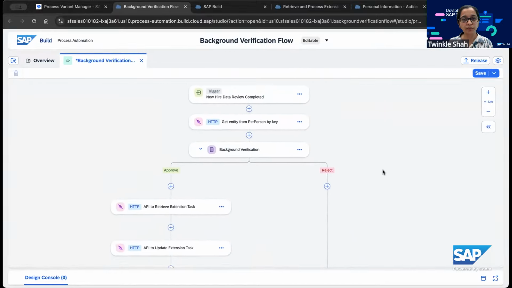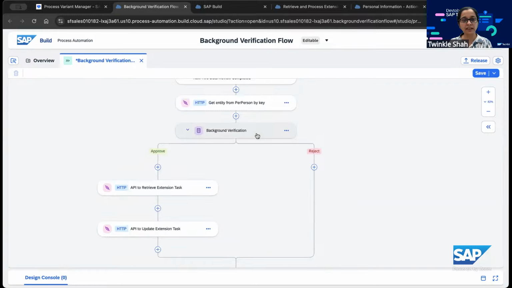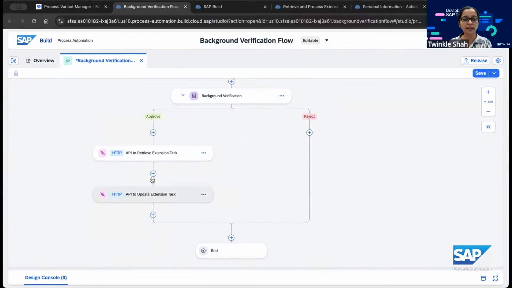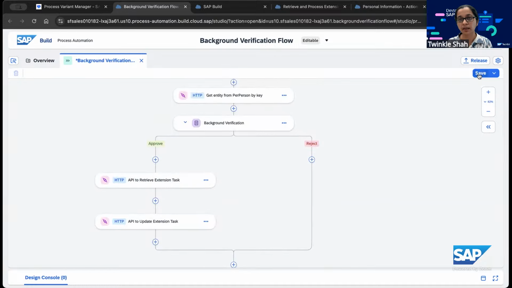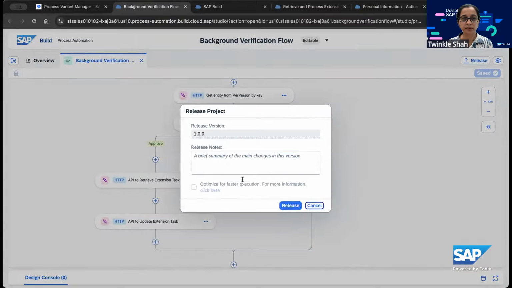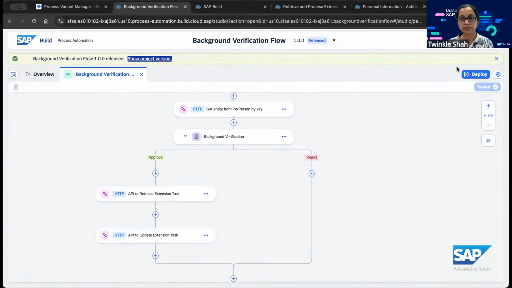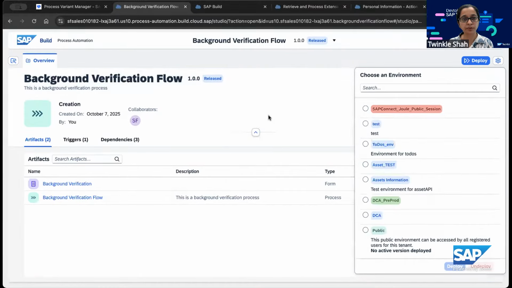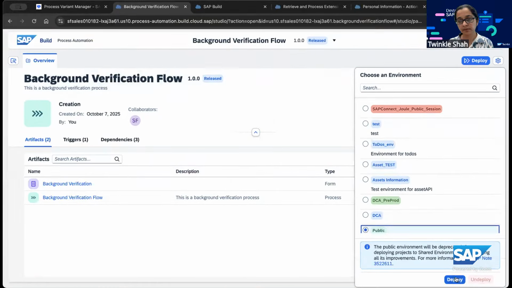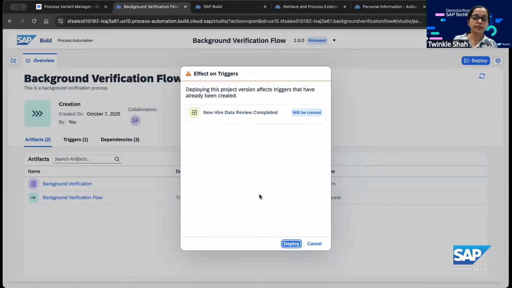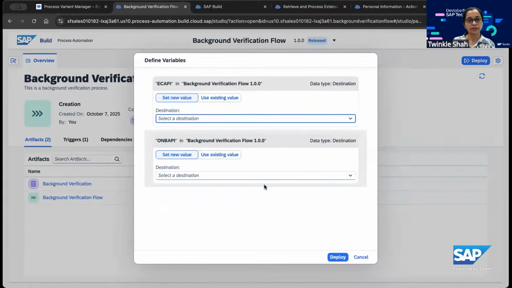So this is how our flow looks. We get the data, generate the approval form, and then based on approval, we update that status back to SuccessFactors. We save this flow, release it, and also deploy this. While this is getting deployed,